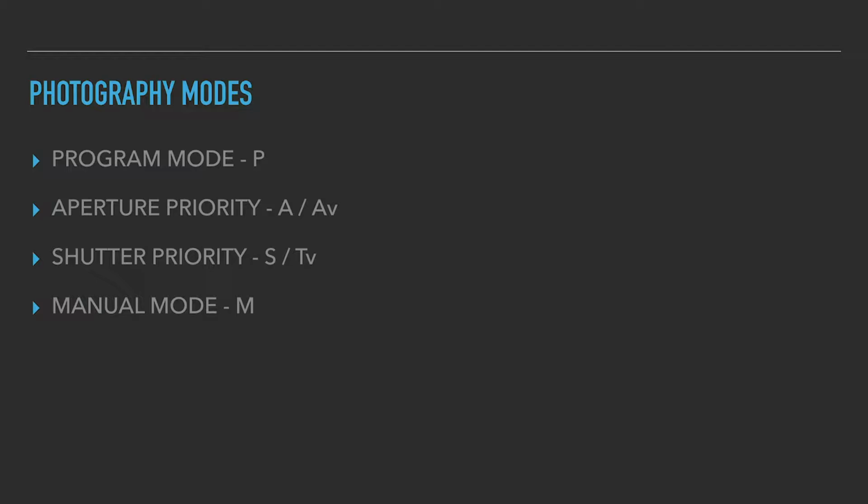All of these have these four modes when it comes to taking a photograph, which are program mode, aperture priority, which is designated by A or AV, shutter priority, which is designated by S or TV, and the manual mode. Most of you guys who have been watching this video might be one of them who might have